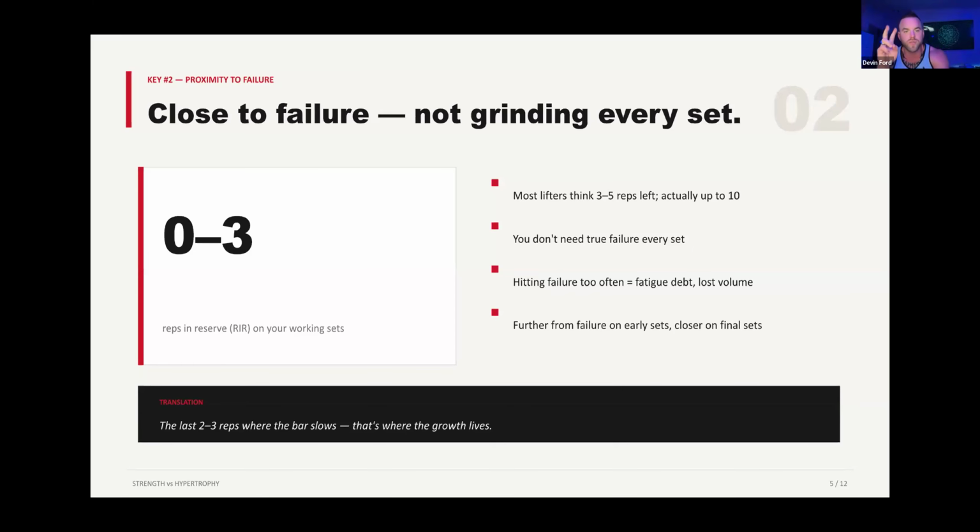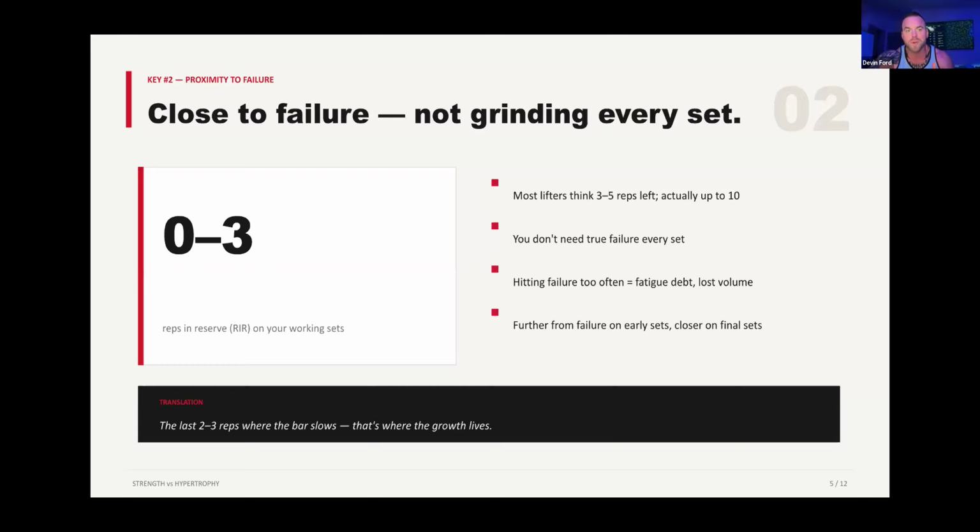When people go to failure, they'll actually put electrodes on people's muscle and they'll tell them to go to failure. They can literally see when the muscle fails or not. They will tell them to go to failure. They're usually on average 10 reps from actual failure. So when somebody stops, they think that they're about to fail. They still have 10 reps they could have done before they actually fail.